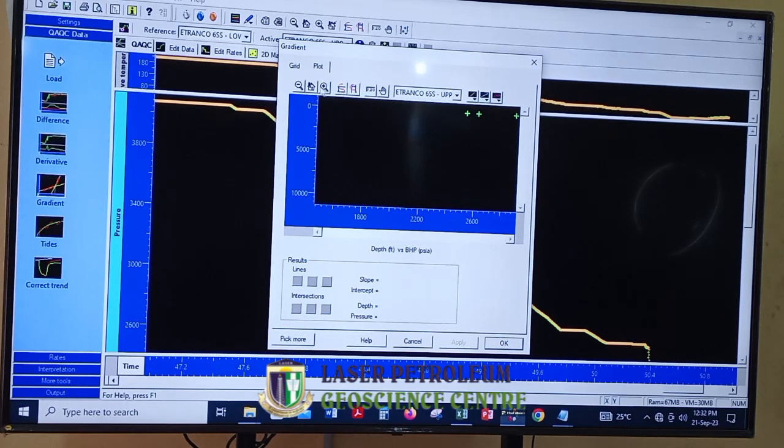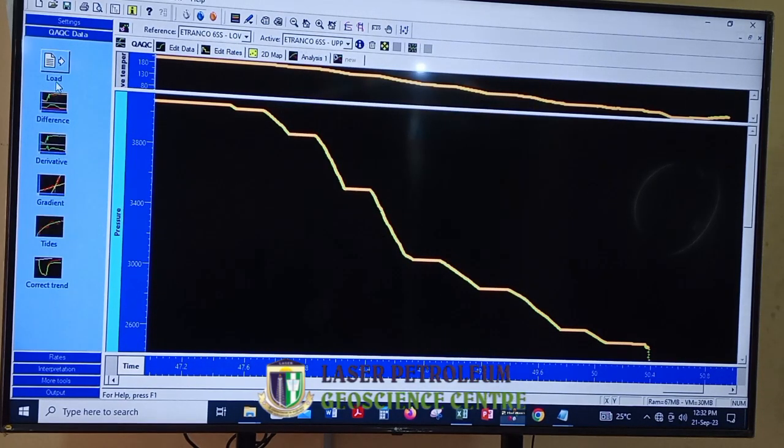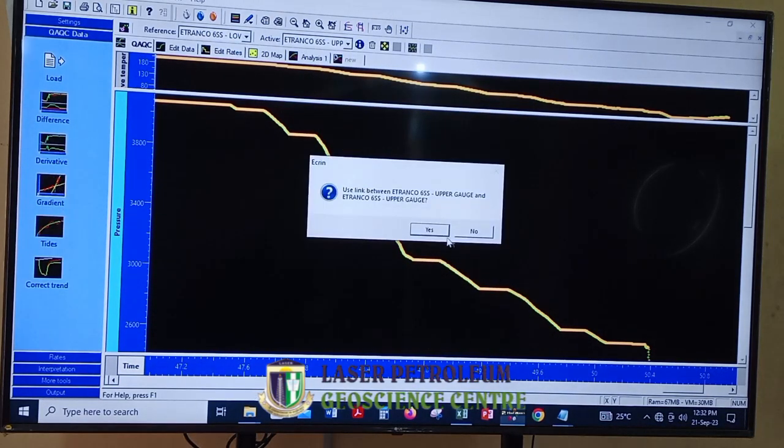Let's see. No, I wanted to zoom out to see if I can see mine like you did. I've never seen this kind of challenge. I don't know what's